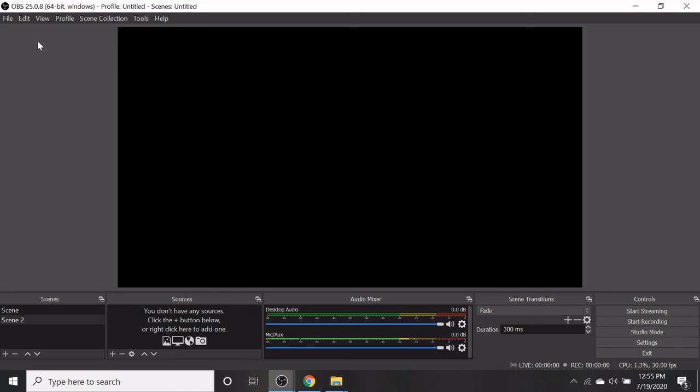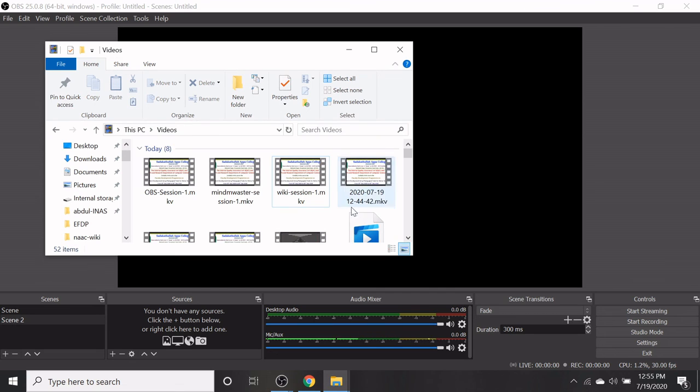Now you can select the file option, then go to show recording. The recording will be saved as .mkv files in the designated folder.